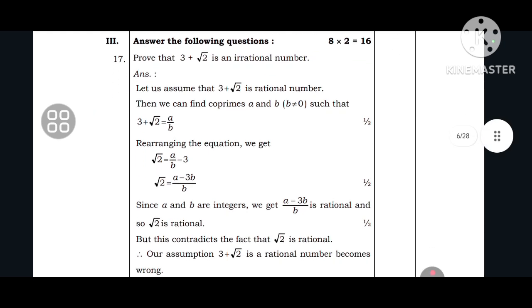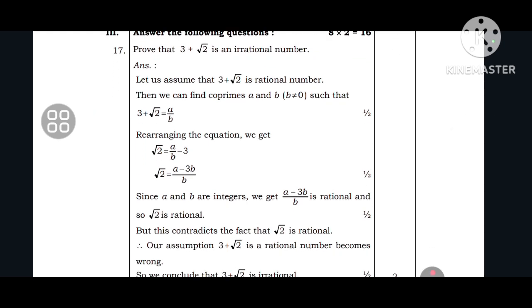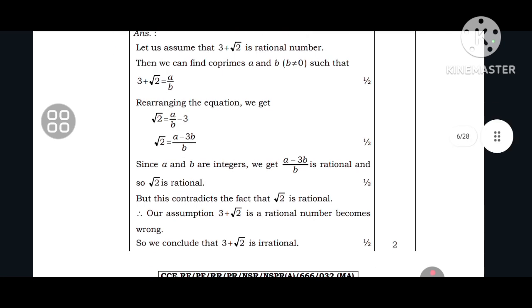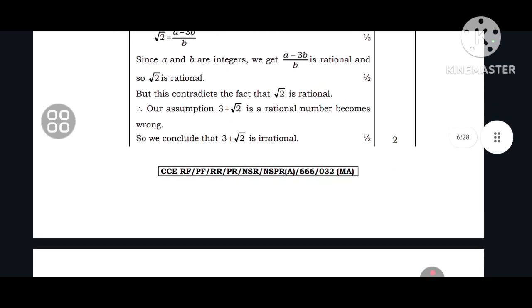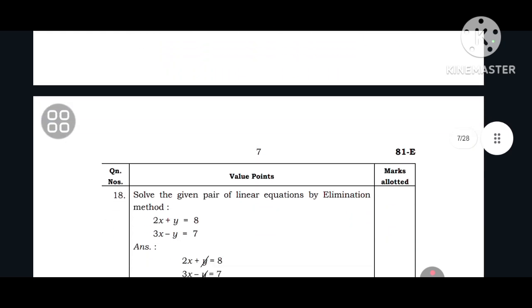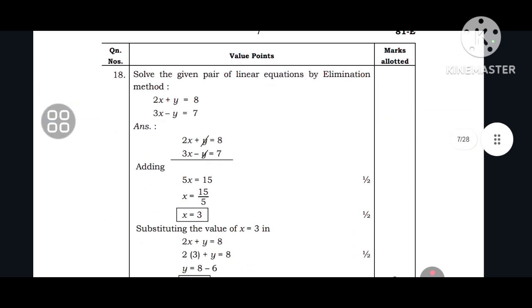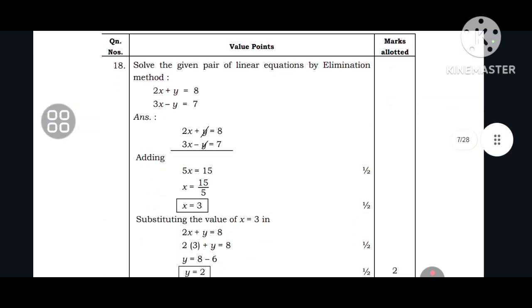Just you have to see these solving steps. These are very easy. If you solve 2 to 3 problems related to this question, you can definitely fetch good marks. 2 to 3 marks, they will ask this in the question paper repeatedly. And coming to the very important question, this question will repeat, not with the same numbers, but this type of question